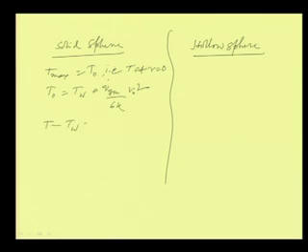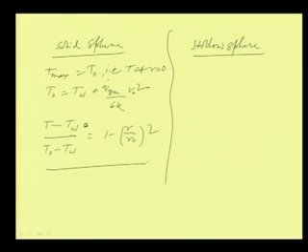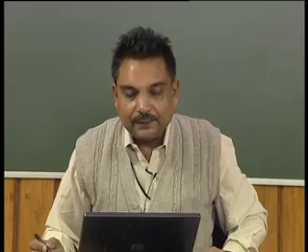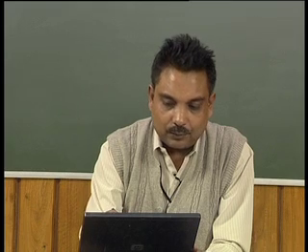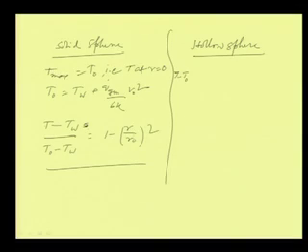T minus T_w, or we can say T naught minus T_w, is equal to 1 minus r by r naught whole square. Okay. So, this becomes the temperature profile in case of solid sphere when there is heat generation, and we can see that it is a parabolic, nonlinear temperature profile. And in case of hollow sphere, we have T minus T naught, and that is equal to q dot gen by 6k into r naught square into 1 minus r by r naught whole square